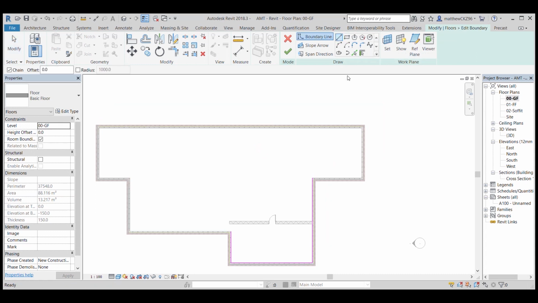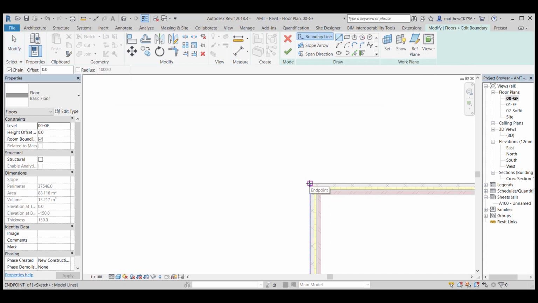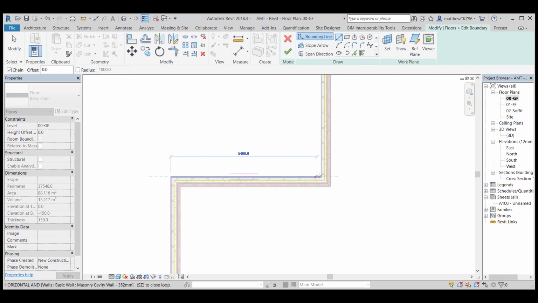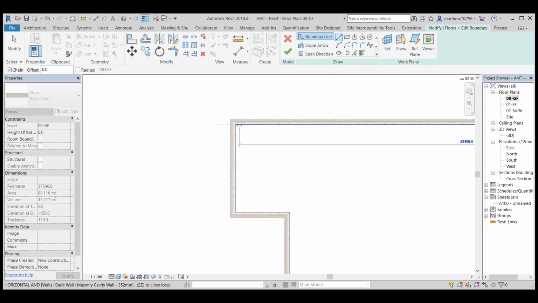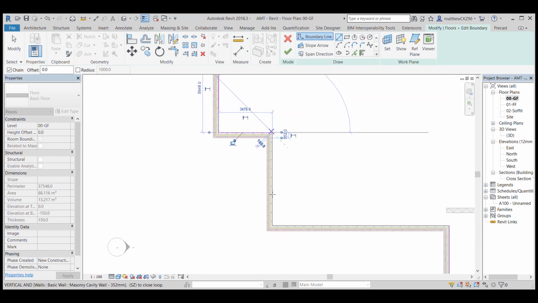Click on this line. Hover over the corner so you see the purple box. Purple box, purple box, purple box, purple box, and purple box. And just for the purpose of the tutorial,